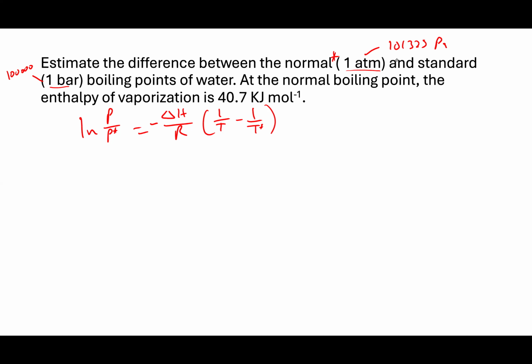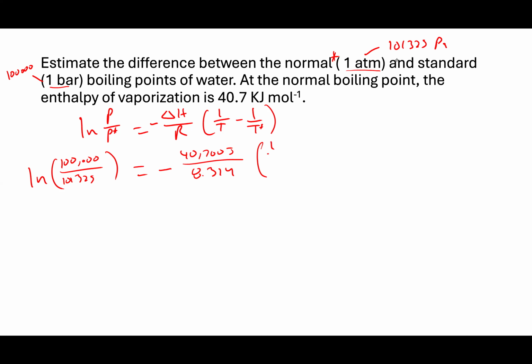But this is where we're going to go. So natural log, P non-star is going to be 100,000. P star, we call the normal boiling point, that'll be 101,325. Negative delta H is going to be 40.7 kilojoules per mole, or 40,700 joules per mole. R, we'll keep it 8.314. On the inside,